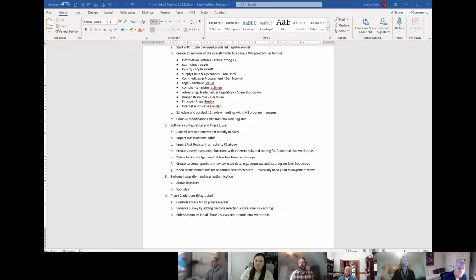Now, going back to my thing, I think we have an ambition to integrate Workday, but that's not on the critical path. That's a nice to have at some point. And on our side, Taylor will be managing that as well. But Active Directory is completely on the critical path toward doing this as much as we can. So Active Directory is the critical path. Is that what you said, Chris?